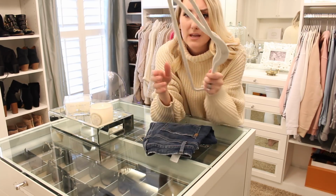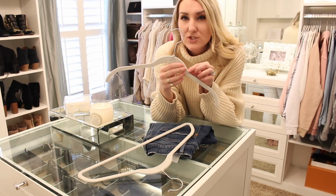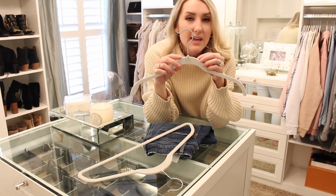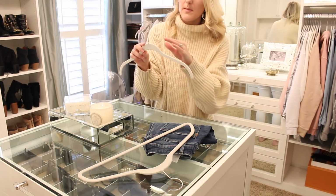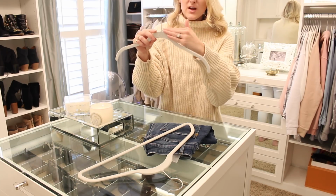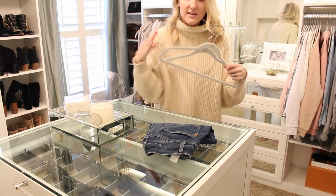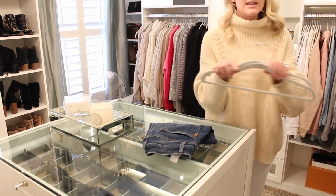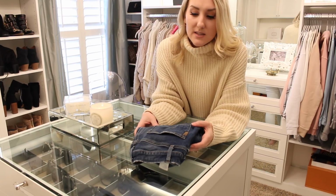It's all the same. I hang just anything on these. Because it's flocked, it distributes the weight. It's not like one of those slick hangers where it's hanging down and all the weight's right here and you have that horrible mark. It distributes the weight along all of it, you know what I mean? So your sweaters never get that mark. So really consider these. My point here though is that you want to fold your jeans,